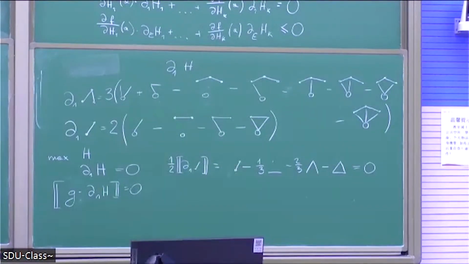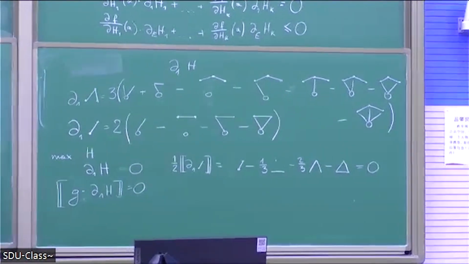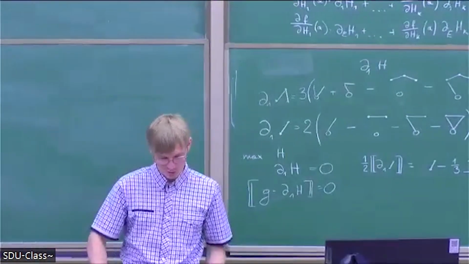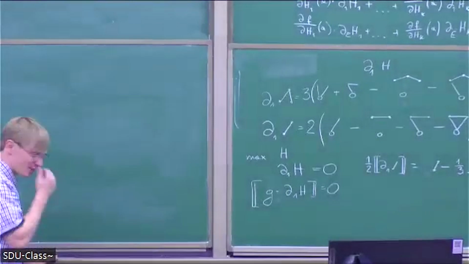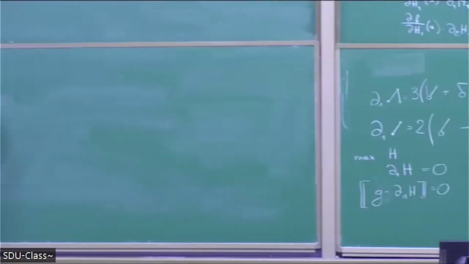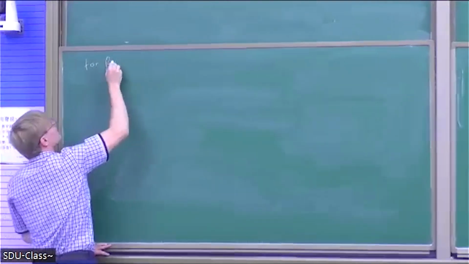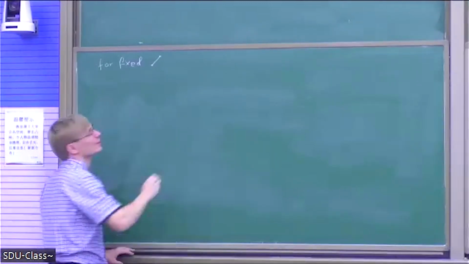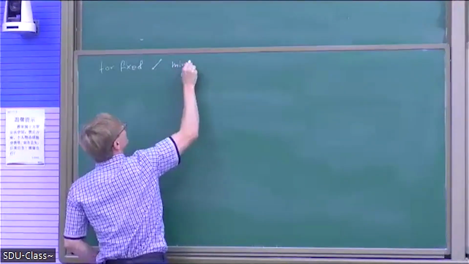So I want to show you a problem that was solved by Razborov, and it was quite loud. So what's the problem? The problem is very natural. Basically, for fixed density of edges, minimize